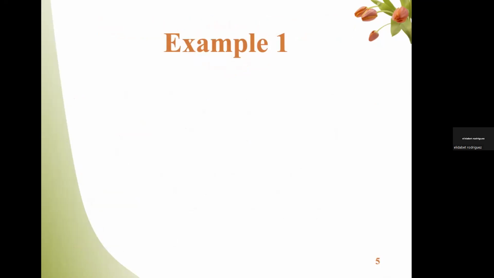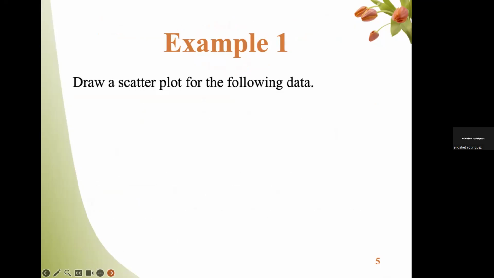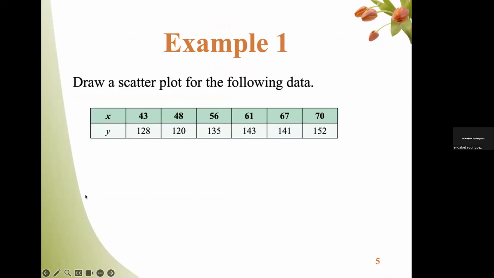Okay, let's look at this example. Draw a scatter plot for the following data. Okay, so I have given you a table. On the top row, you have the X values, and on the bottom row, you have Y values. So basically, 43 and 128 is the first ordered pair. The second ordered pair is 48 and 120 and so forth. Okay, so how do we draw a scatter plot? So let me bring